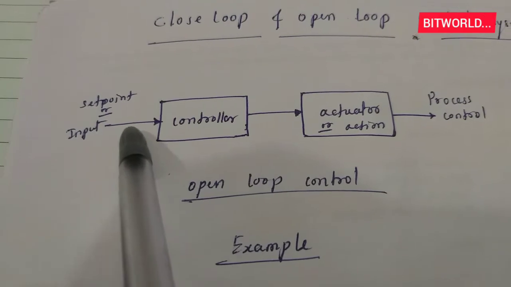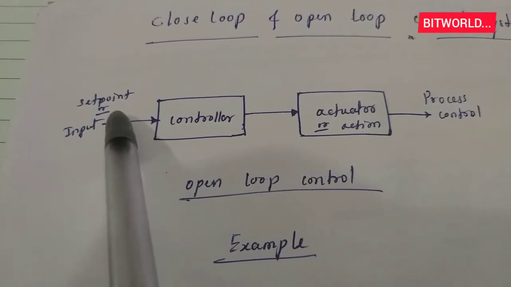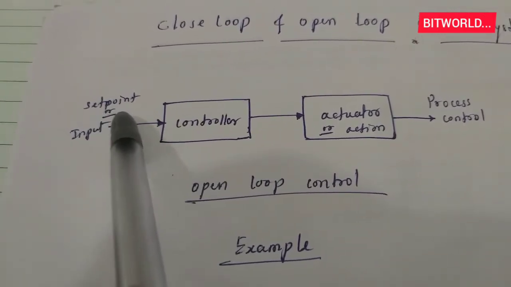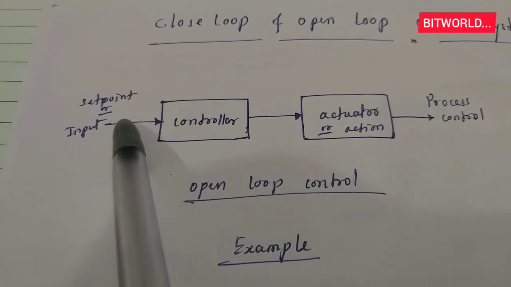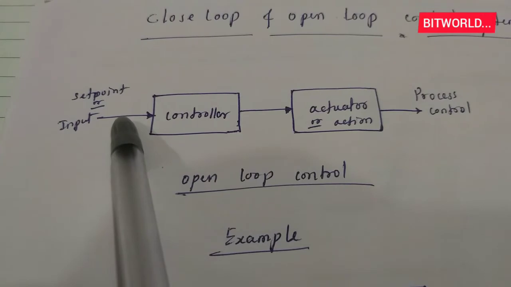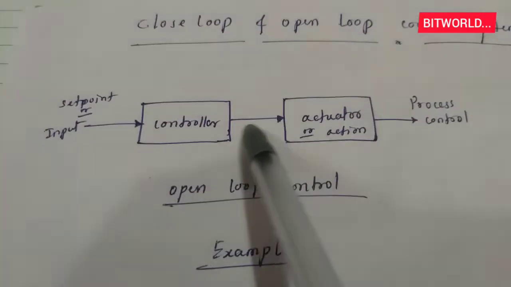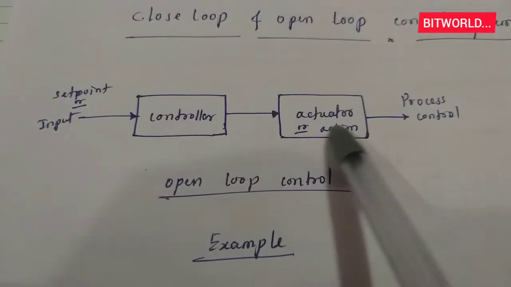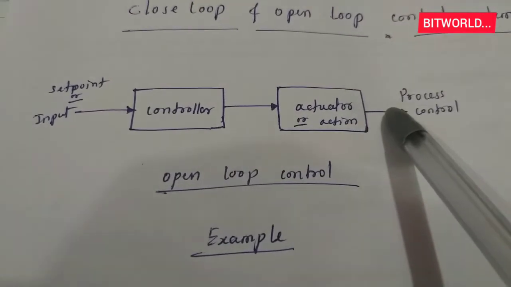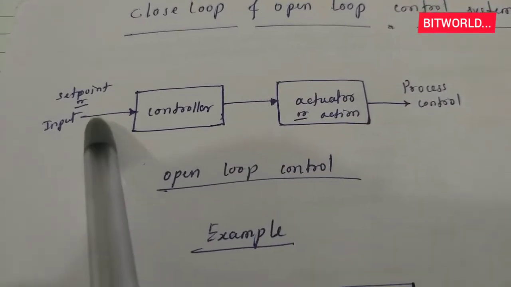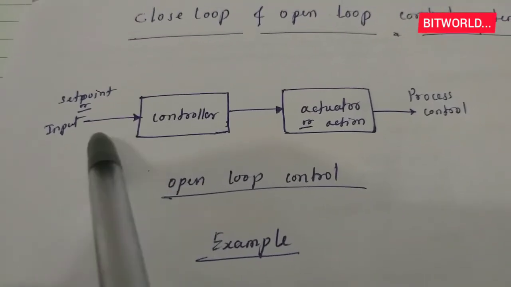We are giving an input to the controller, like any set point, or you can give a timer, otherwise you can give a manual command also. The controller gives the command to the actuator, like a motor, whatever you take, but there is no feedback to the controller. It's only